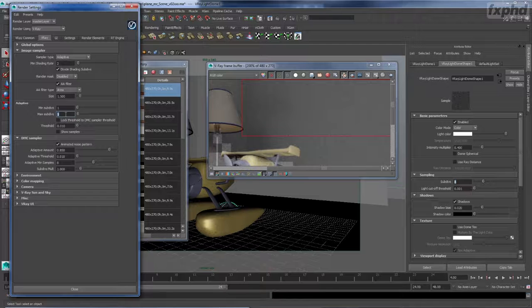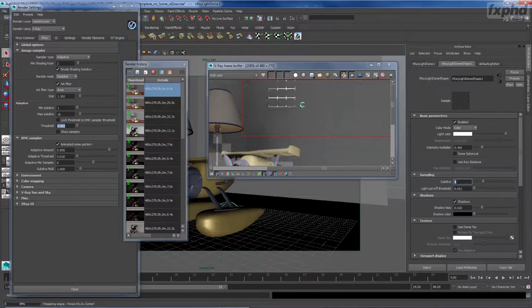But essentially, I can lower my noise by decreasing my threshold because there's much less of a variation in the color here. We'll talk about that in subsequent classes. You see now it's starting to clean up a little bit, and that grain is starting to go